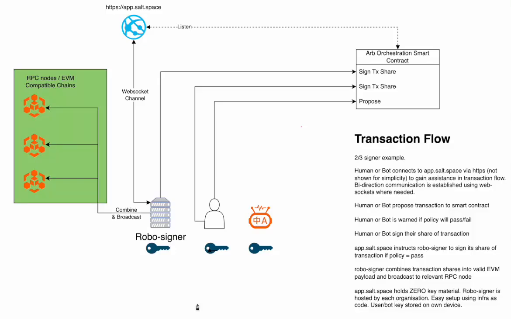Hi, I just thought I'd explain the transaction flow from a Salt account because I've been asked this many times. Now you can see here we have a 2 of 3 signer example, and it's important to realise that the underlying signers all hold a key shard to the one organisational account. This is not multi-sig,